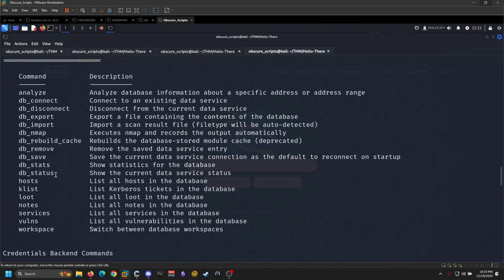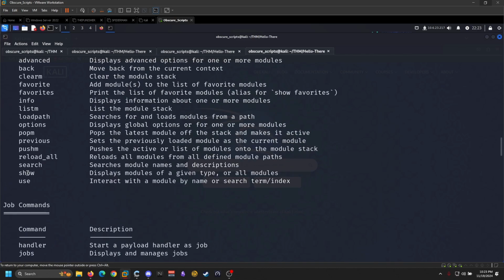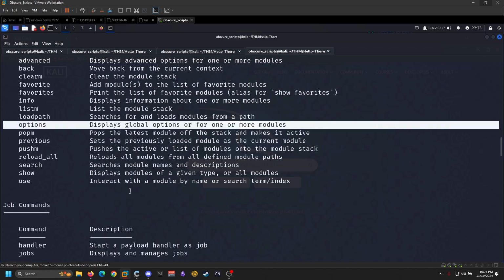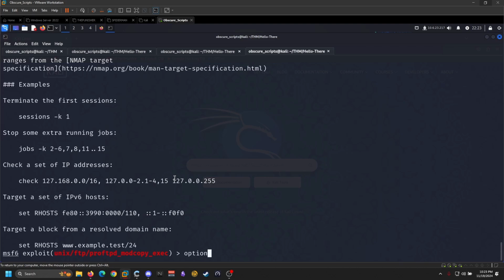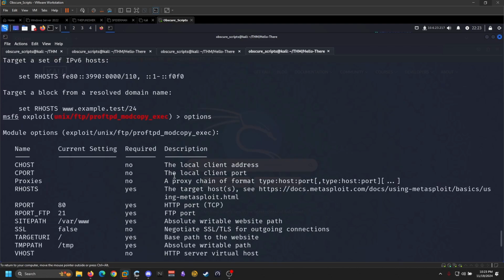I swear I use Metasploit a lot. I have used Metasploit a lot. Okay, there it is. Show. Or wait, not show. Options. There we go. That's what I'm looking for. As soon as I saw the command, I was like, yes, this is the one. See? Anyway,